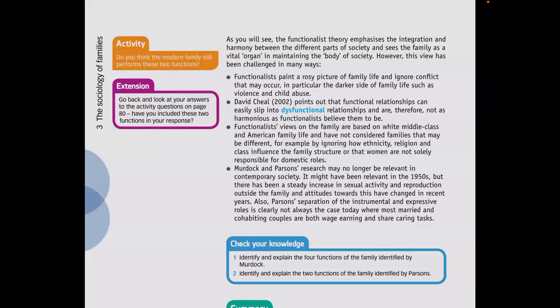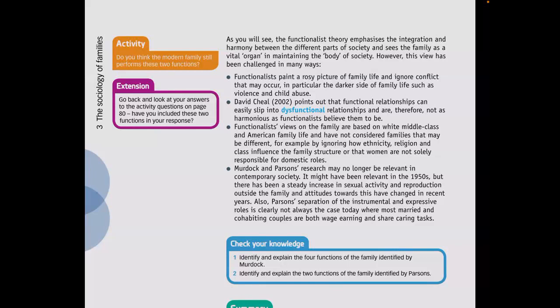You might go through a lot of trauma, and that is something that is not counted. Then there is another thing, so they are basically now criticizing the functionalist point of view. We had David Shield, who points out that functional relationships can easily slip into dysfunctional relationships and therefore are not as harmonious as functionalists believe them to be. So what functionalists say is basically, if something is functional, it doesn't mean it will remain functional for the rest of their lives. Something that is functional might turn out to be very, very dysfunctional,